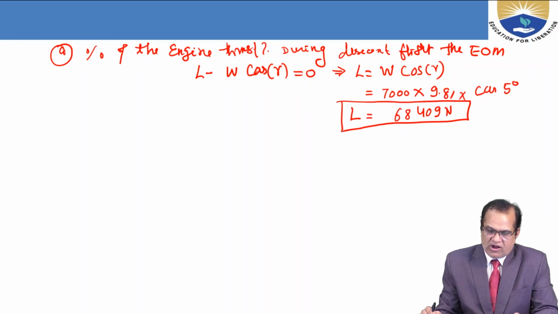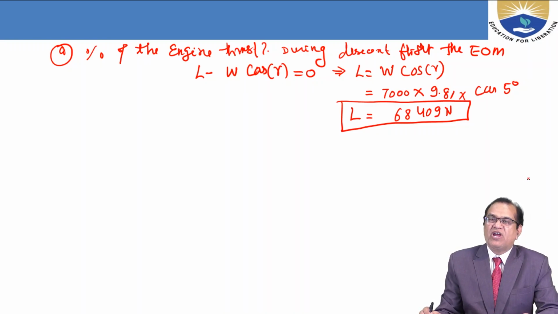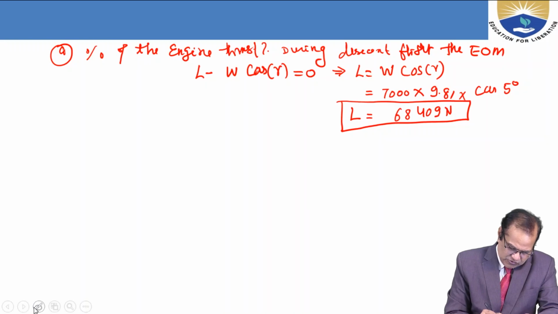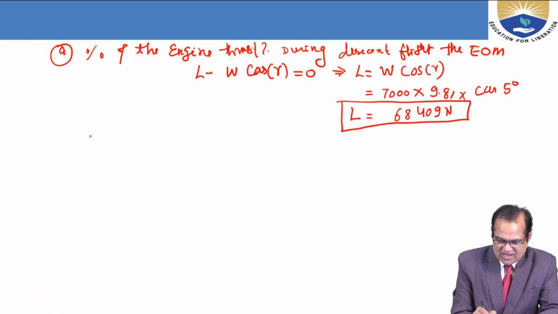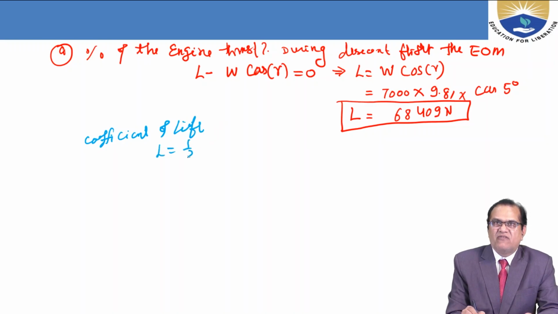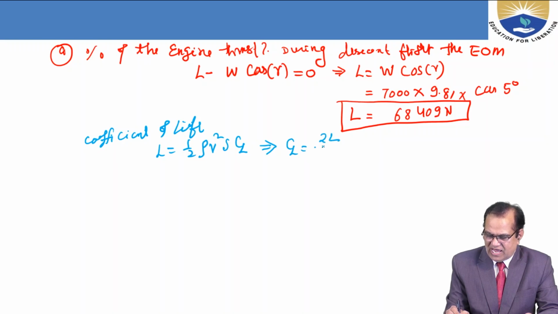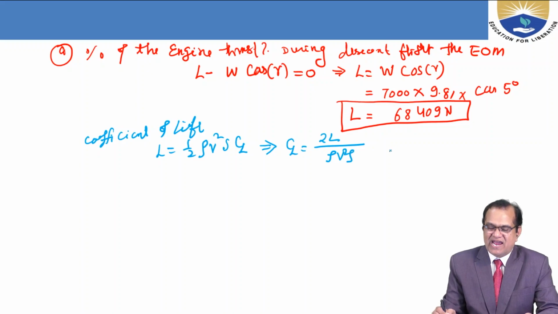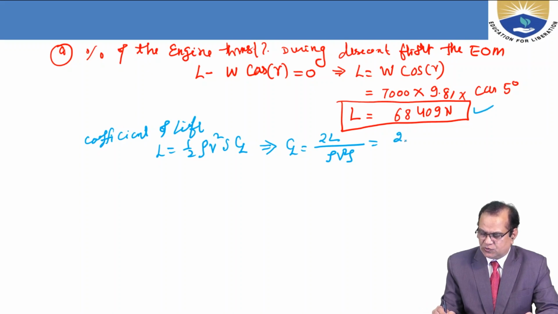So now we have got the lift. From this lift, we have to find out the coefficient of lift. So I will change the color here. Coefficient of lift: we know that L is equal to half rho V square S CL. So CL is equal to 2 into L divided by rho V square S, and we know that lift we have found out here. So 2 into